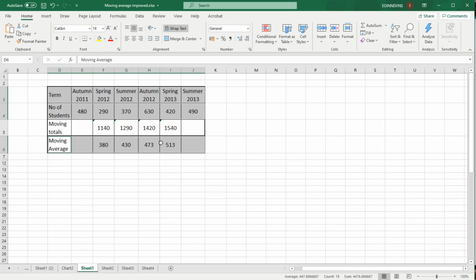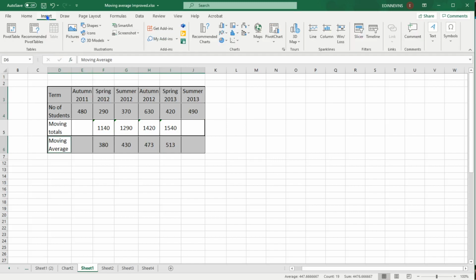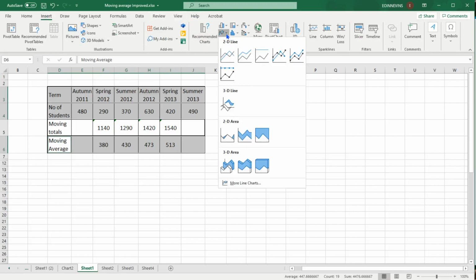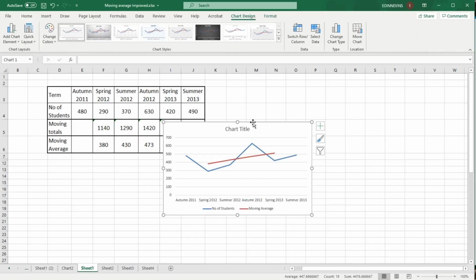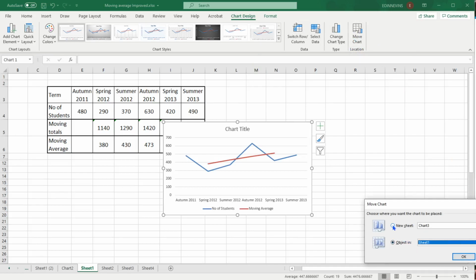Now, when you can release the control key, what we're going to do now is insert, and sometimes to recommend a chart view. So we're going to select this chart here. Now you can see it's not ideal in that case, but you see to select it, and what we're going to do with that, we have it selected there, is move the chart. See there, I like to move it to a new sheet like that, select it there